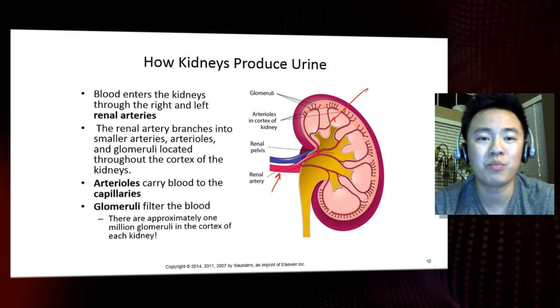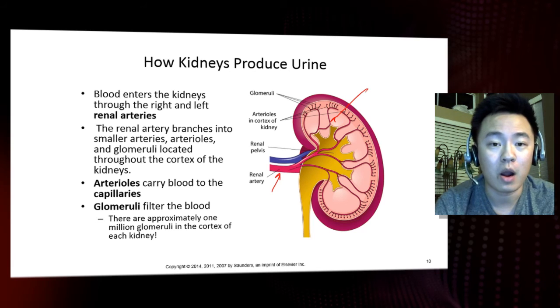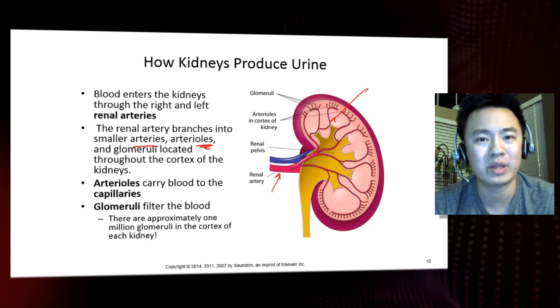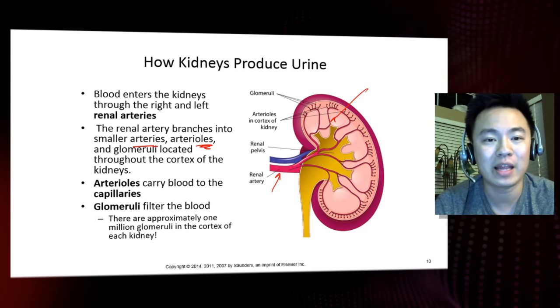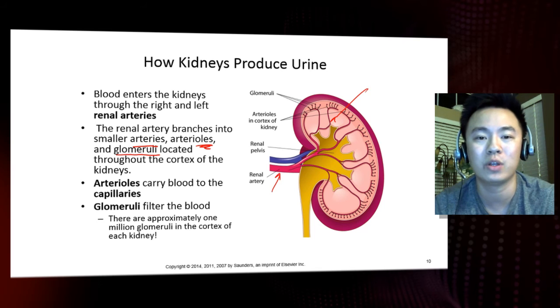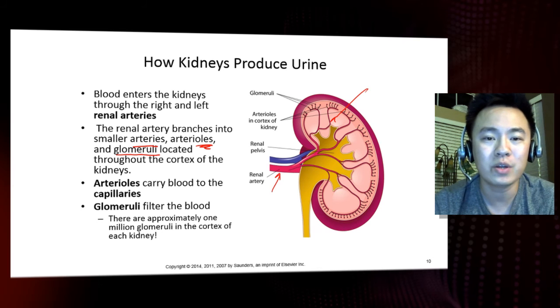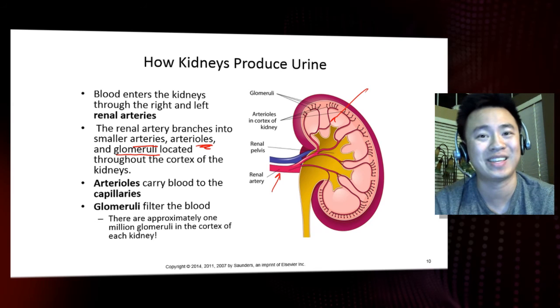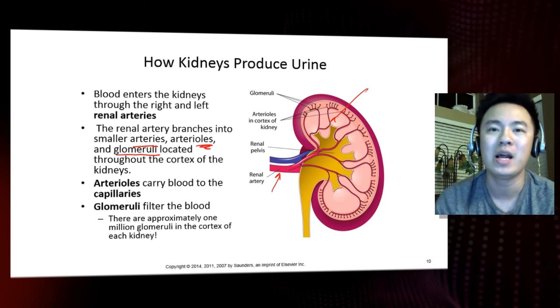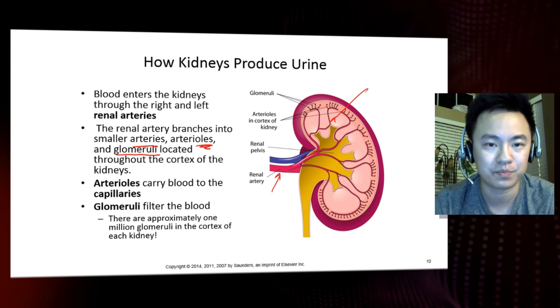Now, the renal arteries then branch into smaller vessels. Obviously, they branch into smaller arteries and the arterioles. I hope you guys remember what the "-iole" suffix stands for, right? If not, go back and review that. And then finally, they land in a structure known as the glomeruli, which is located throughout the entire cortex of the kidneys. Arterioles carry blood to the smallest type of vessel that you can find in there, and these are known as capillary vessels. Very small, and capillaries are one red blood cell thick in width.